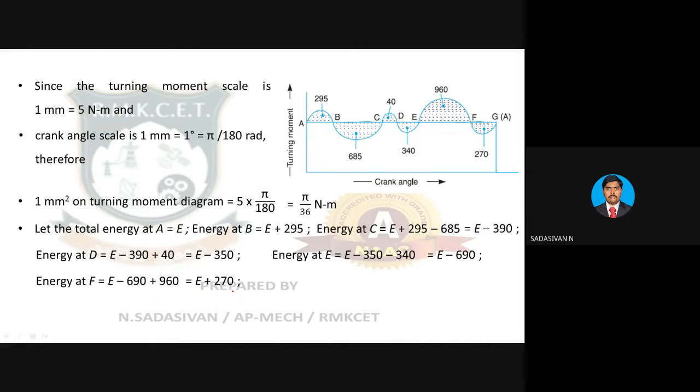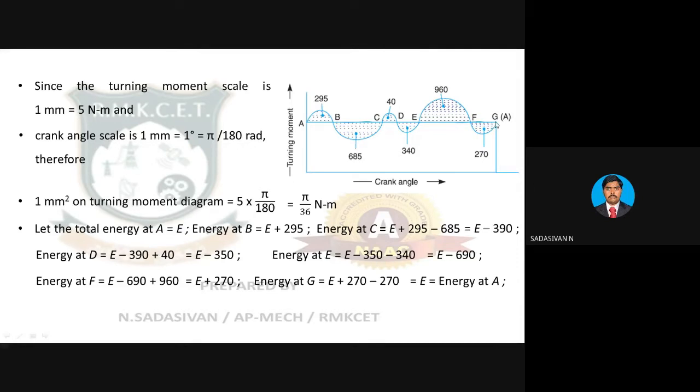Clear? So the last point. Now you see you have plus 270 here and another minus 270 here. Therefore they will get cancelled and finally you will have energy back to the value of E. Take the previous point energy and subtract this energy, the same procedure. You will end up with E. 270 and 270 will get cancelled, therefore it is E, which is the same as the energy at A. What does this tell you? It tells you that the cycle is back to equilibrium.